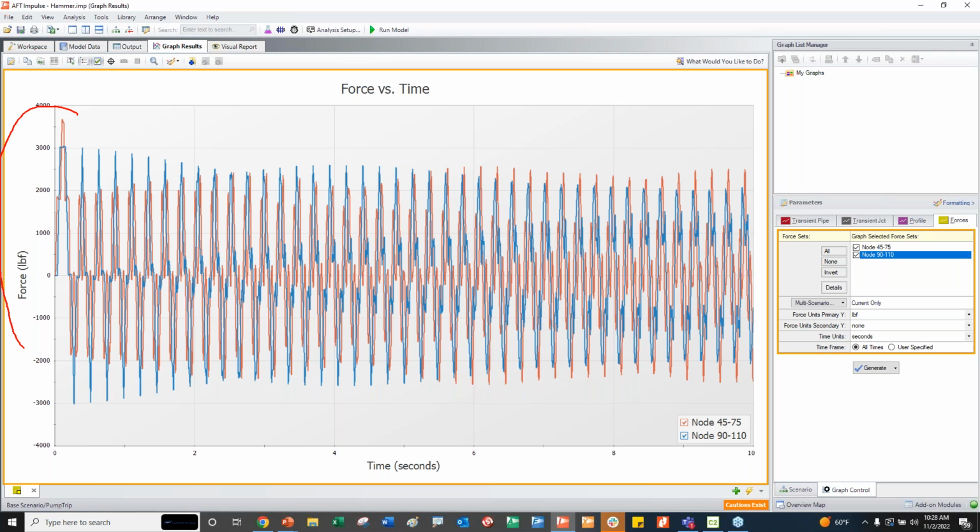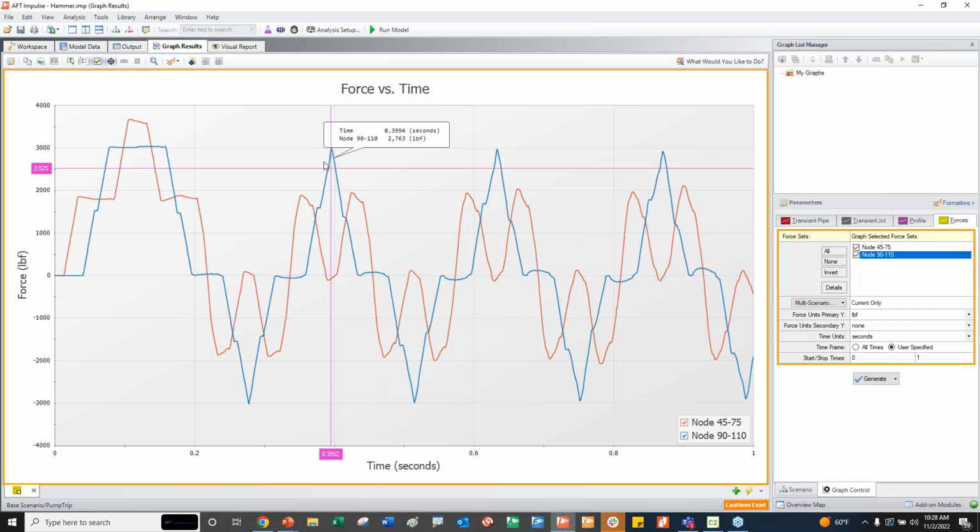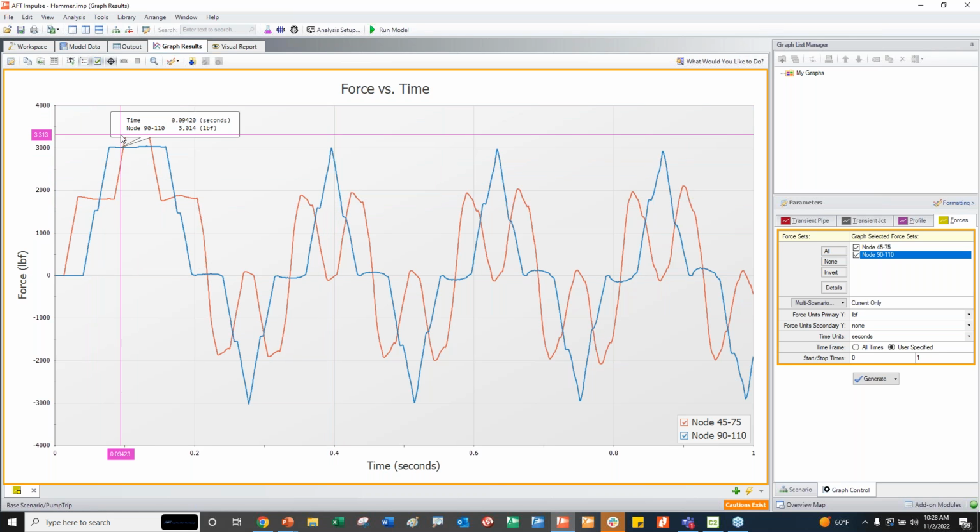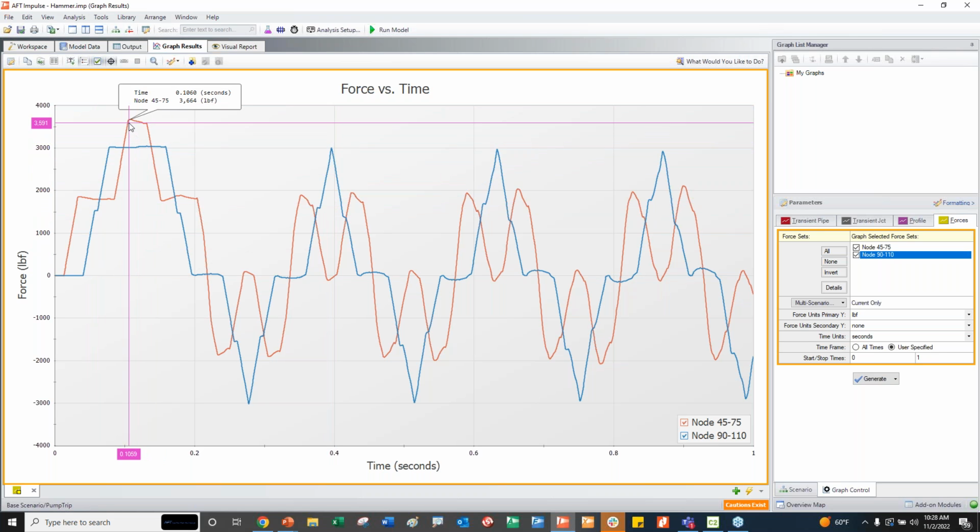The maximum force occurs almost, let's see, at 0.1 second. So we can set the time, because the interest is, so we're going to see 1 second generated. And now here we can see the force sets are maximum, let's see, the 3,600 occurs at